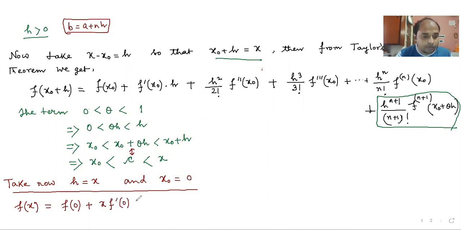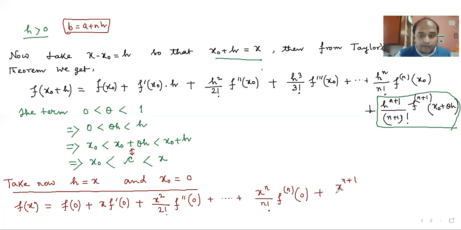You just check with what I'm writing. x square by 2 factorial f double dash 0 plus x to the power n by n factorial f n 0, and lastly we have x to the power n plus 1 by n plus 1 factorial f n plus 1